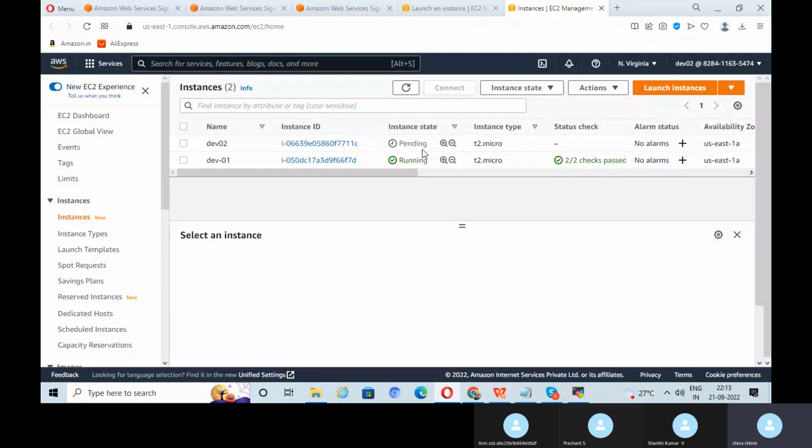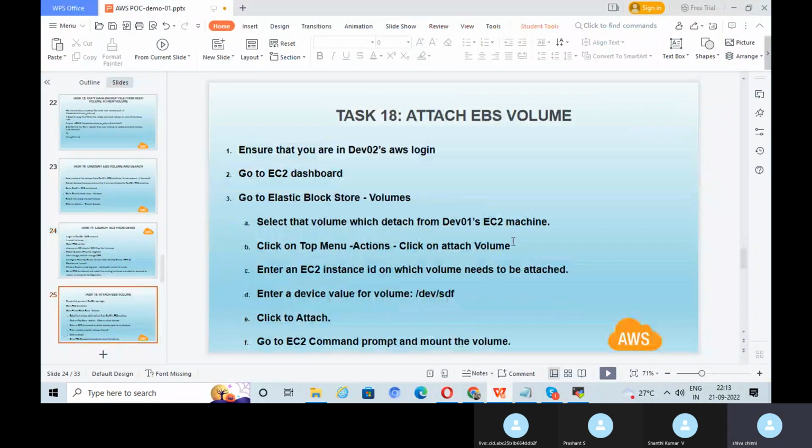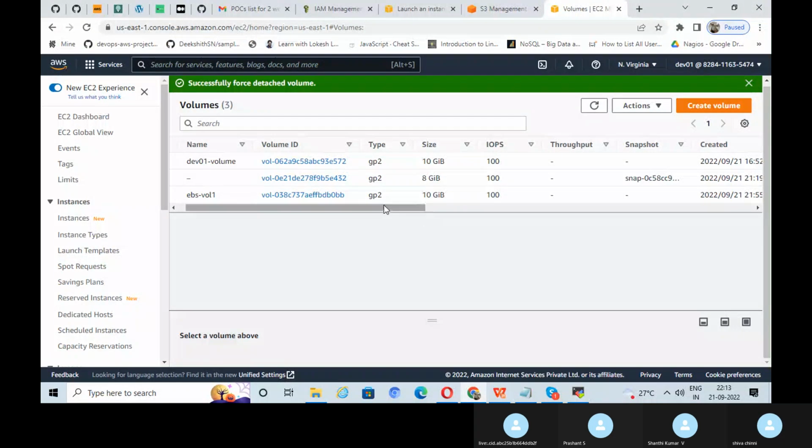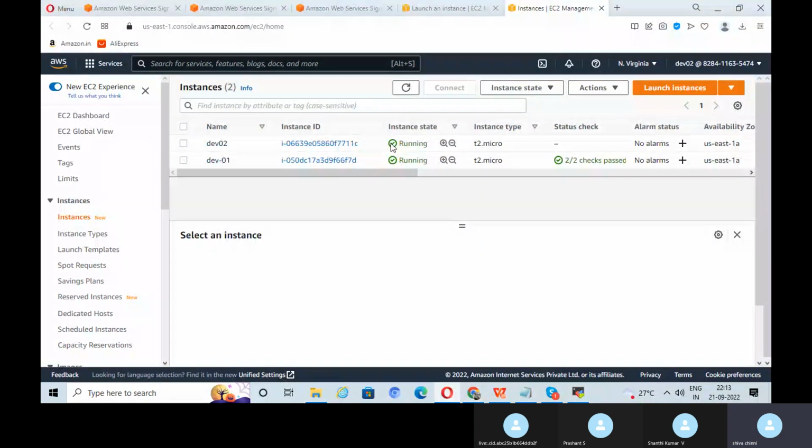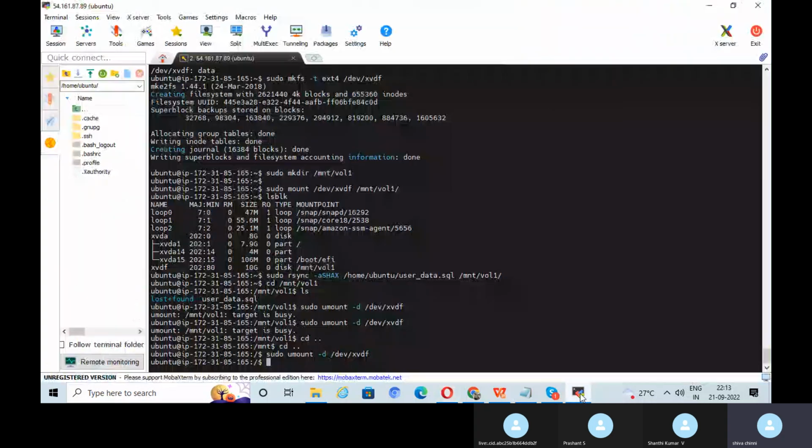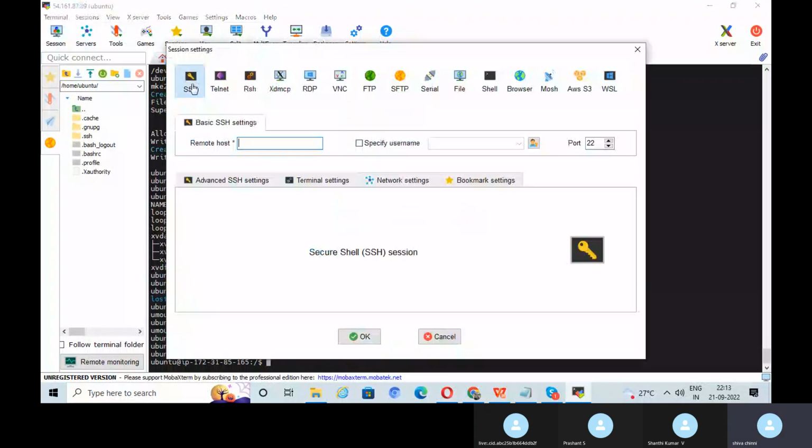So I think it will take around 10 seconds. Okay, in the meanwhile we can see what the next task is. So okay, attach EBS volume. Come here. So see, our developer 2 instance is in running state. Okay, now it's good to go. So go to our MobaXterm. So click on session, click on SSH. So for the remote host, you need to give